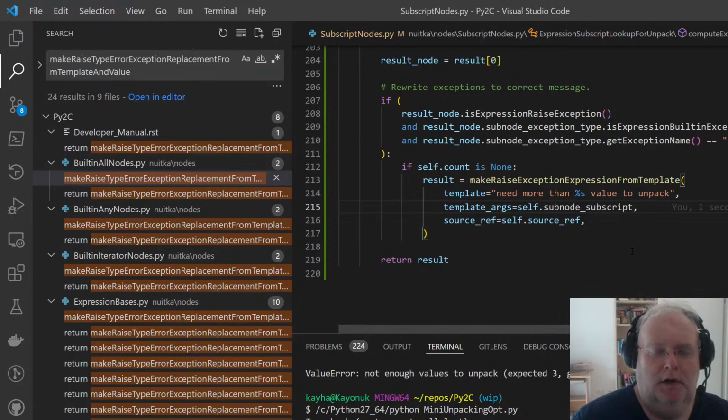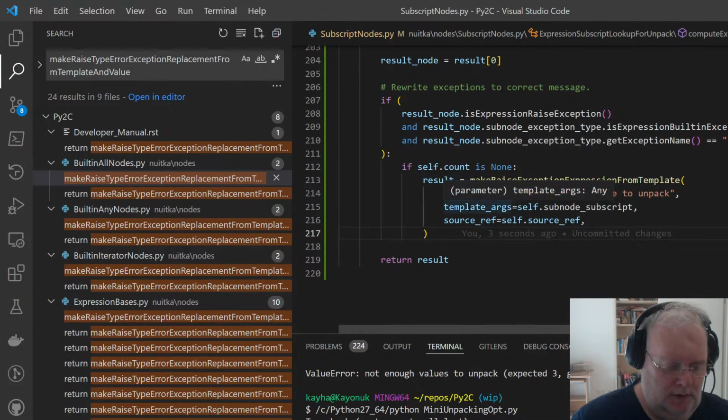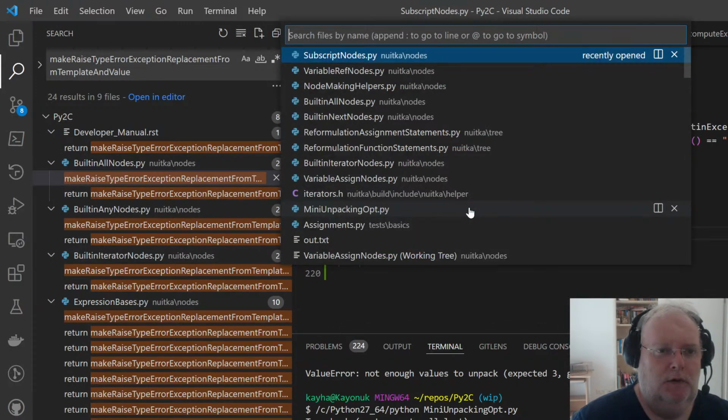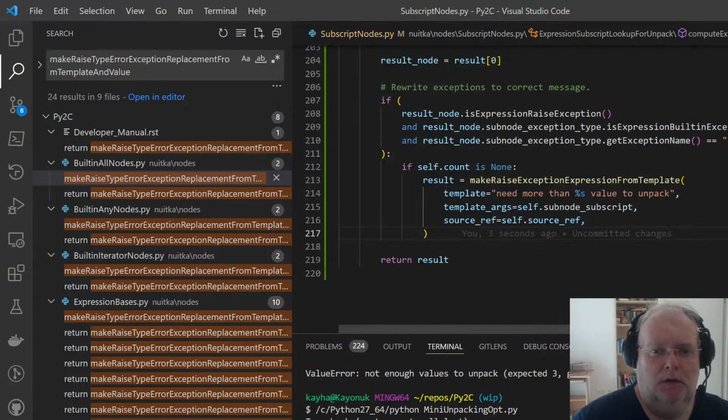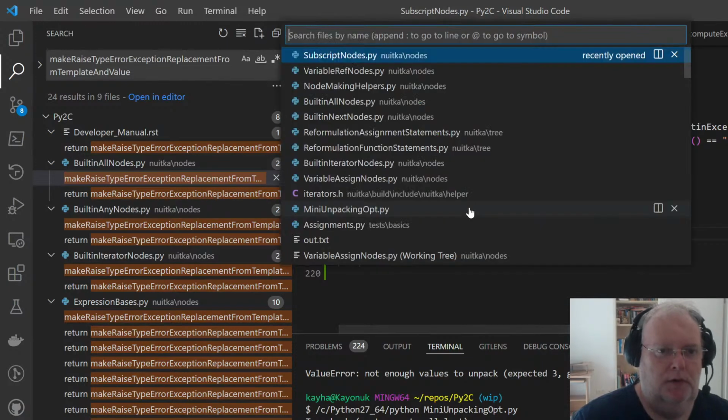But I need to add one or something, I guess. Let's see. Oh. Wait. Is that enough? Built-in iterator nodes.